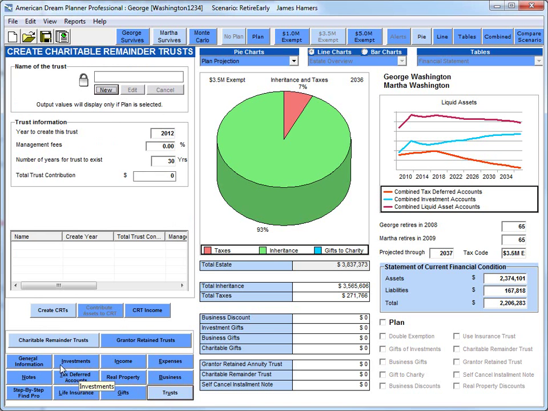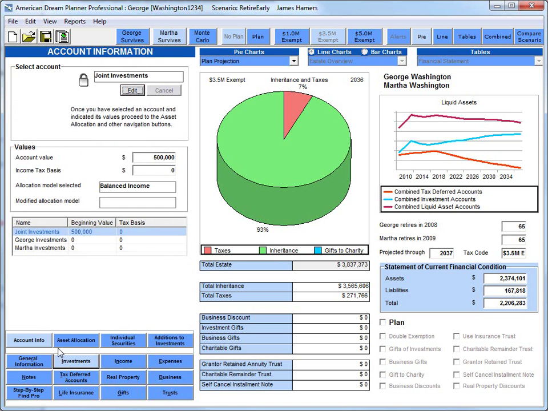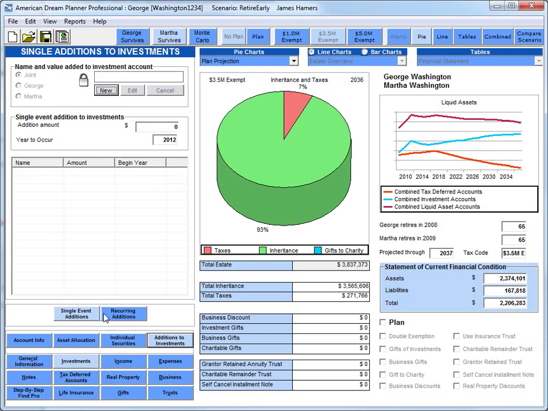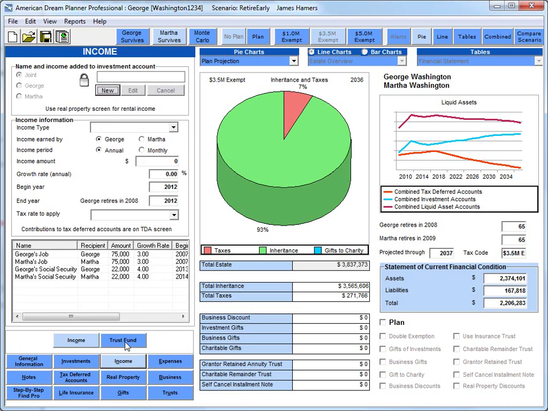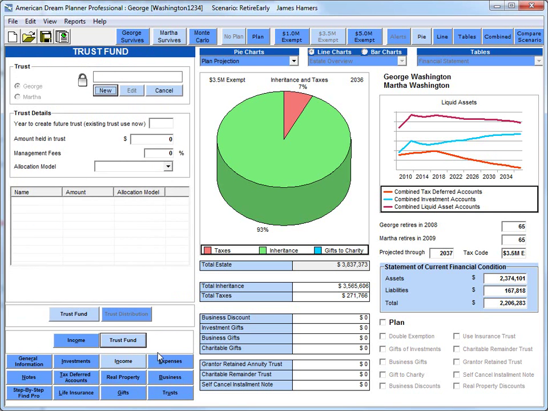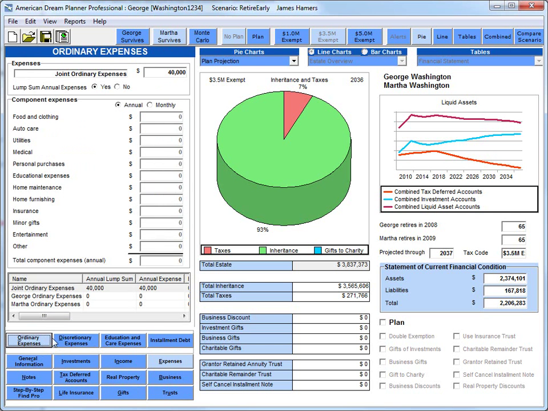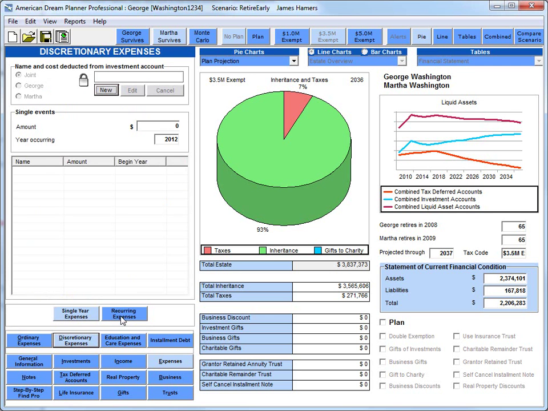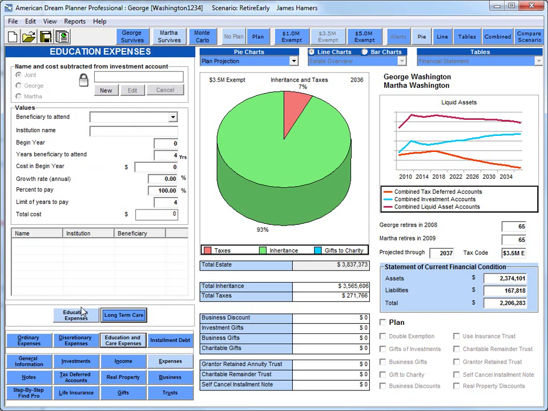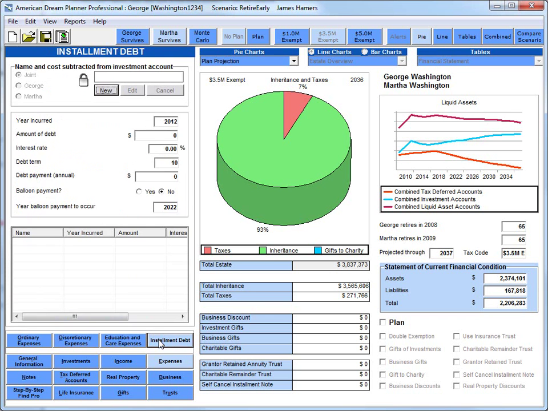The software is very comprehensive. We not only have investments, but additions which are single and recurring events. An unlimited number of income, including trust fund income sources. We have not only ordinary expenses, but discretionary for single year, recurring year, education expenses, long-term care, unlimited installment debt,